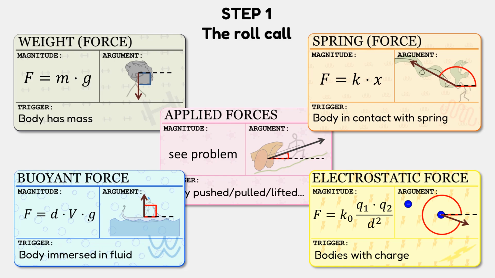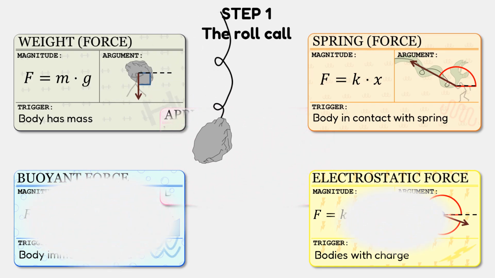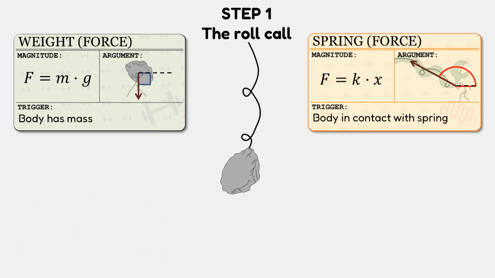Step 1. Go through the force ID cards we just reviewed in any order you like. If the trigger condition is met in the problem, that means the force is present, otherwise discard it. For instance, if we are studying a weight attached to a spring, we will keep the two cards at the top. Once you've finished the roll call of all the forces acting on the body, check whether the body is